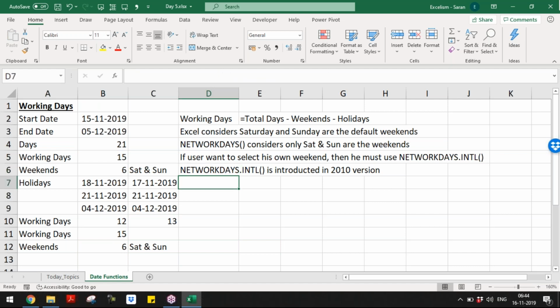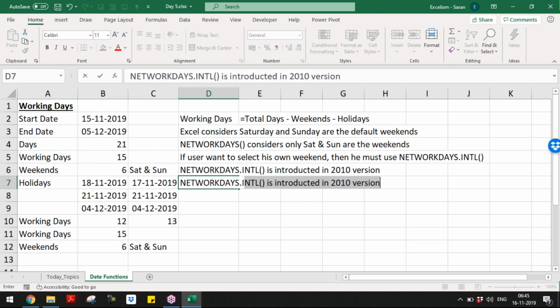NETWORKDAYS.INTL considers Saturday and Sunday as weekends by default.